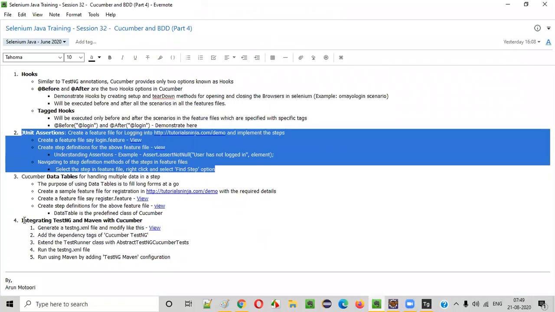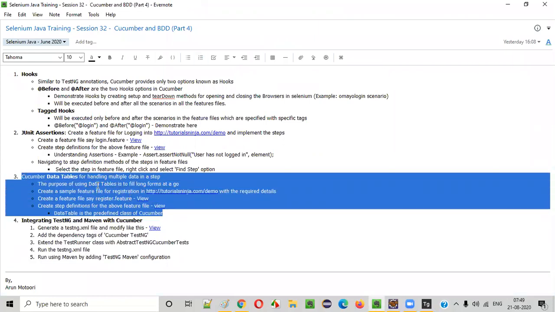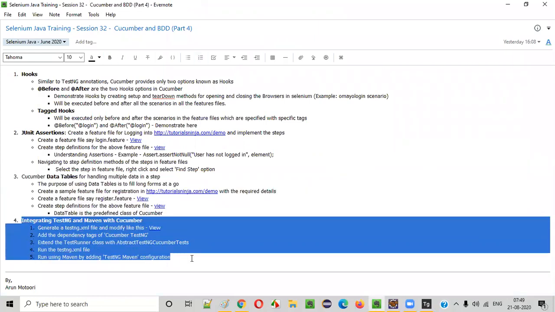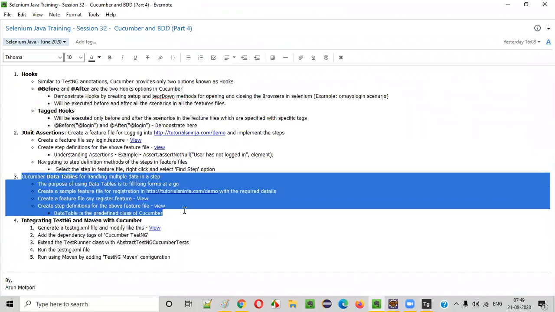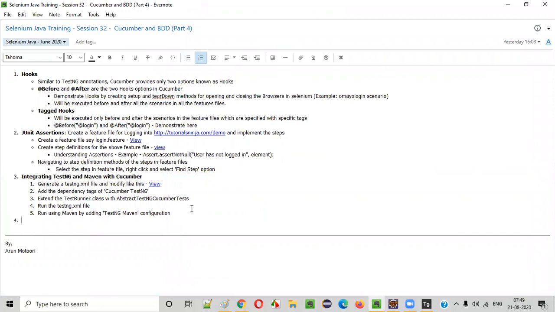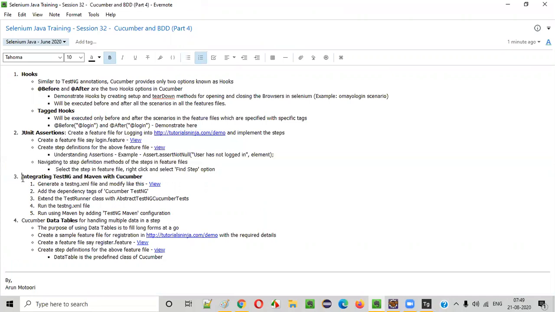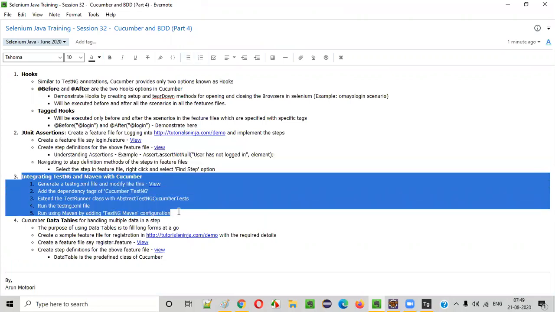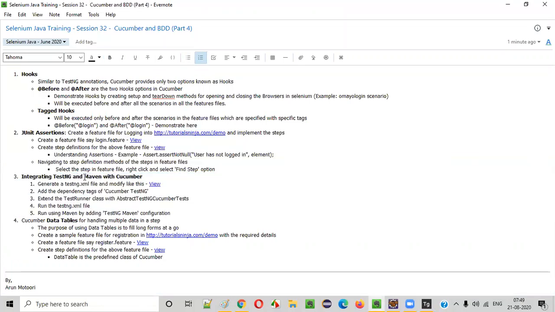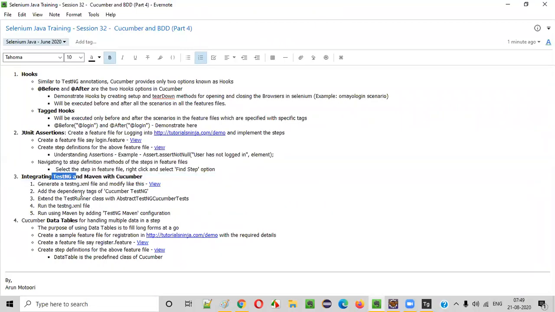How to convert this into TestNG? Let me explain. This section will be explaining that, and after that, we'll go with the data tables, guys. This is also a very simple concept. For now, let's complete this TestNG and then go to data tables. I'll move that to the end. Better to cover TestNG because you understood JUnit and all. Now let's understand how to use Cucumber with TestNG. The runner class we are running so far with JUnit, let's convert that into TestNG now.